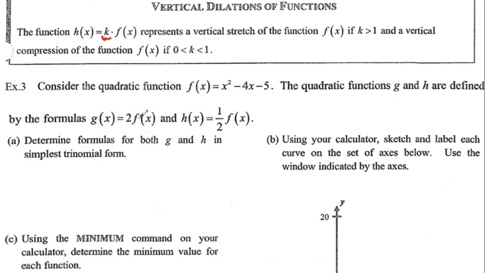So if I want to do 2 times f of x, I pretty much need to double all of the terms' values. So g of x, that'll just be mental math. That'll be 2 times x squared minus 8x minus 5. So go ahead and work out on your own h of x and play the recording. And so h of x, simply you're going to multiply by half, which is like dividing all of the coefficients or parameters by 2. All right, so we have h and g,